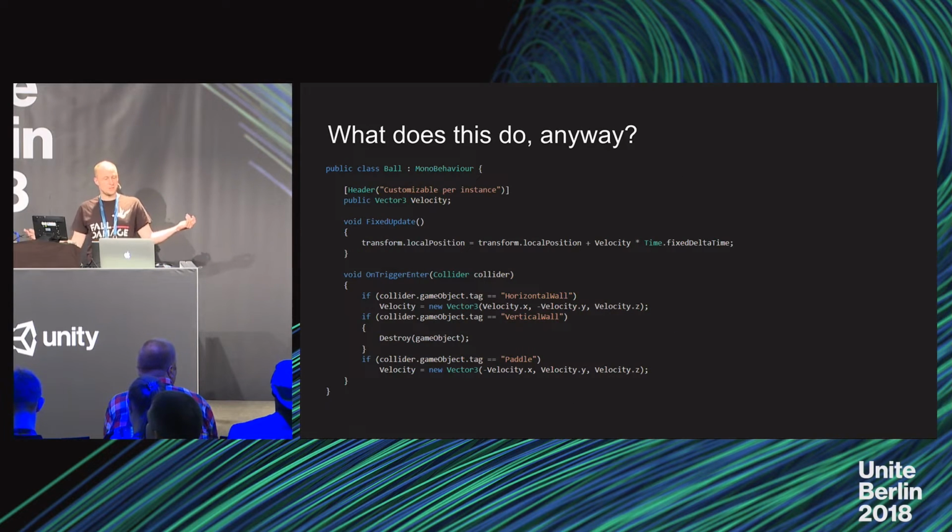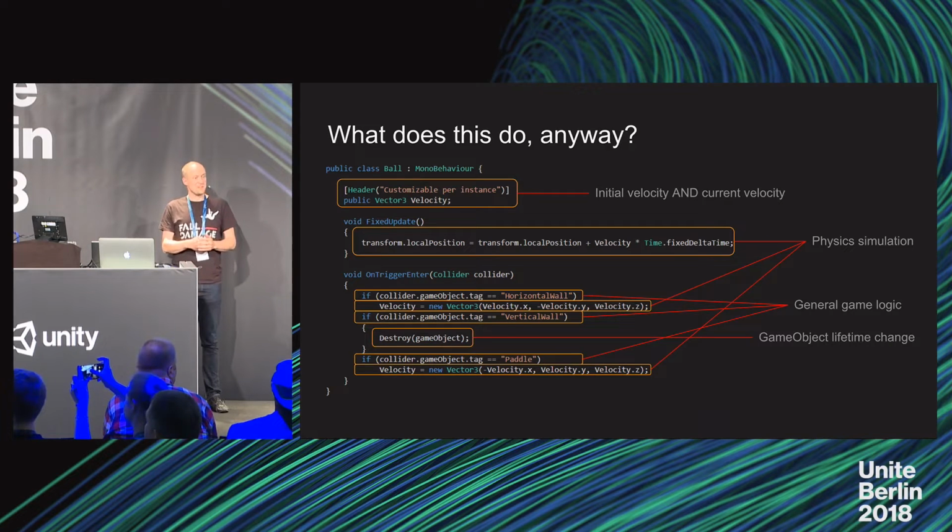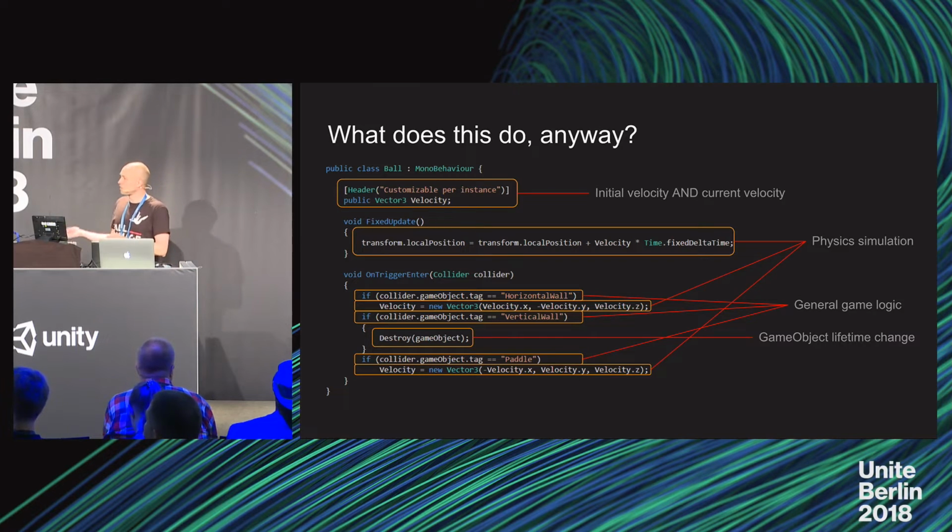Here's a ball. We could say, okay, this is just the ball, and this handles ball things. Or if we look slightly closer, then we find that the ball has a velocity, which is being used for the designer to control what's the initial velocity vector of the ball. It's also being used by the homemade physics simulation to keep track of what the current velocity is. So as soon as the ball starts moving, we lose information about the initial velocity since we're reusing that variable for two slightly different purposes.